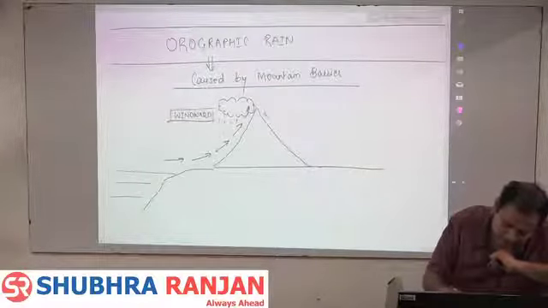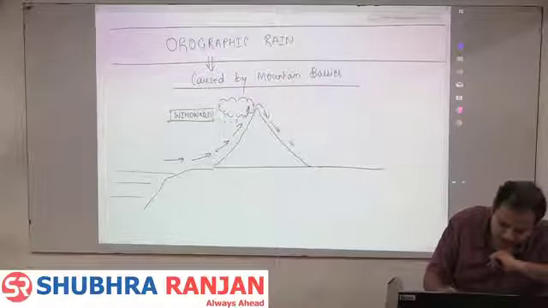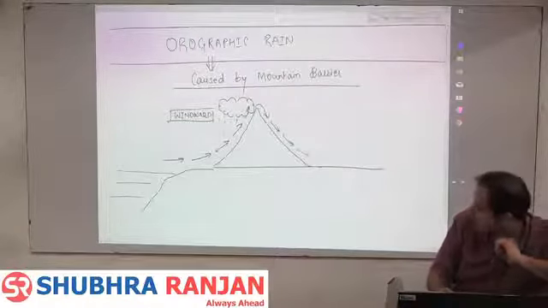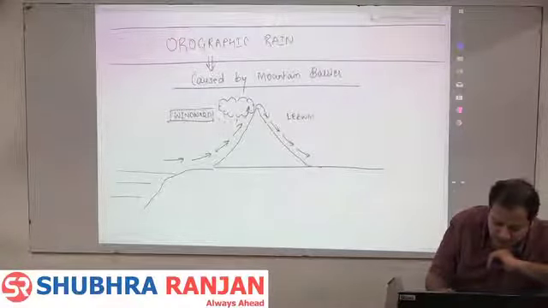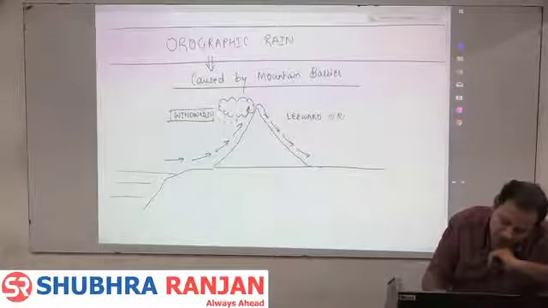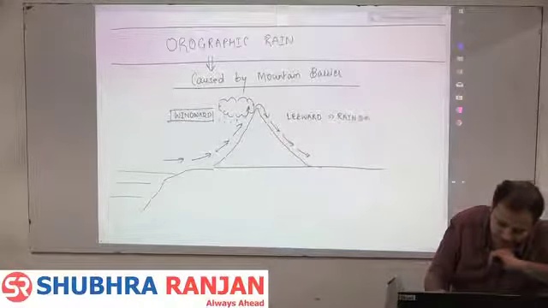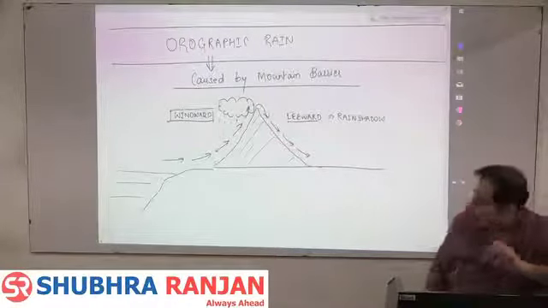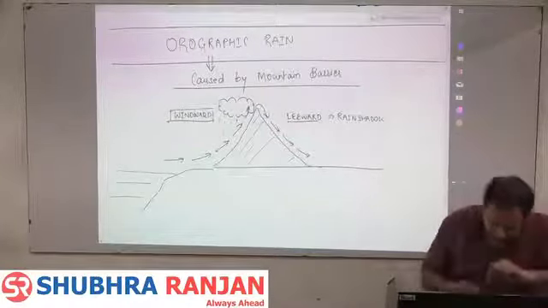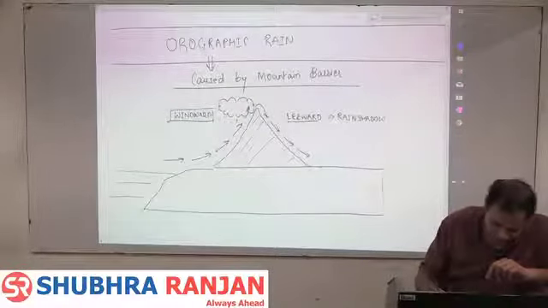Afterwards, the wind is forced to come down. As the wind is forced to come down, it heats up adiabatically, and therefore rainfall is less here, which is on the leeward side, is always rain shadow region. Clear? So 2-3 points here, caused by a mountain barrier,